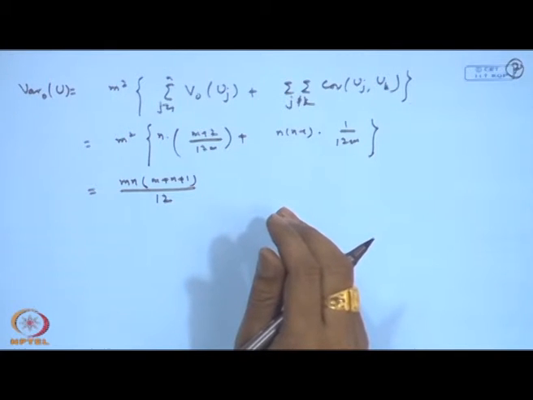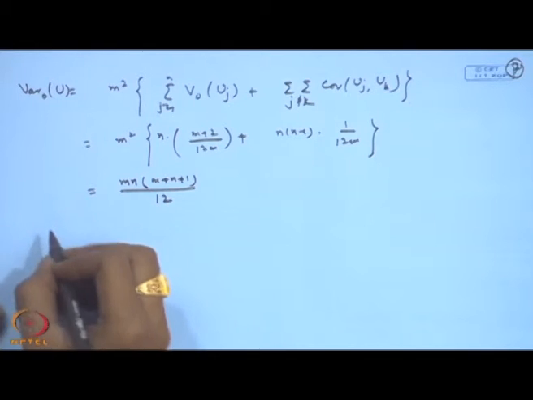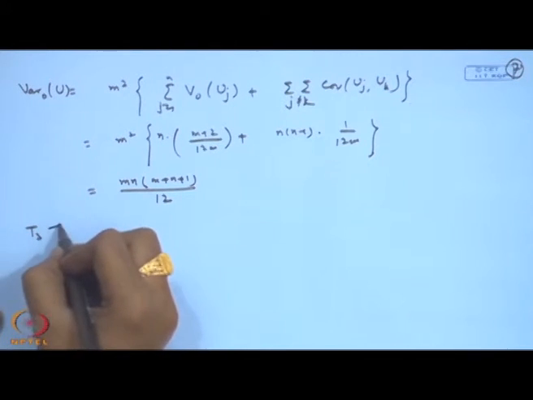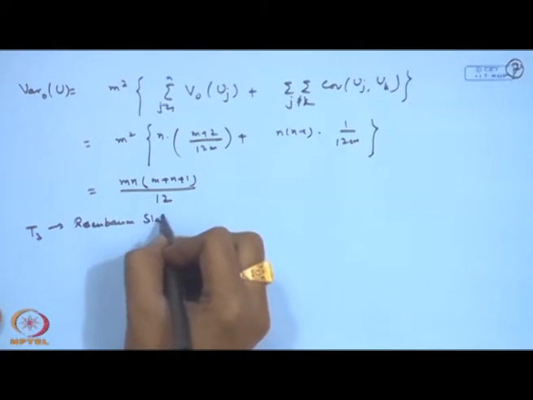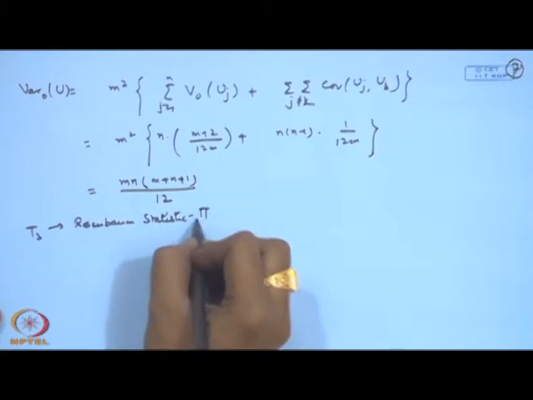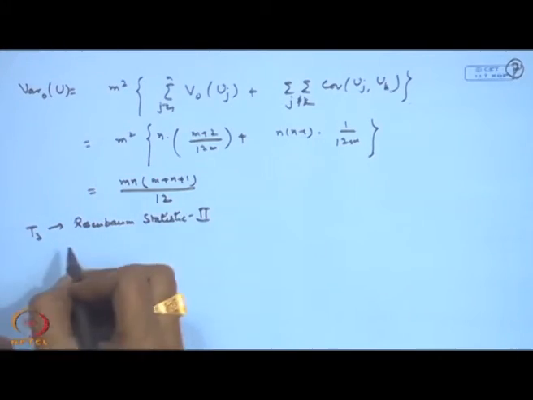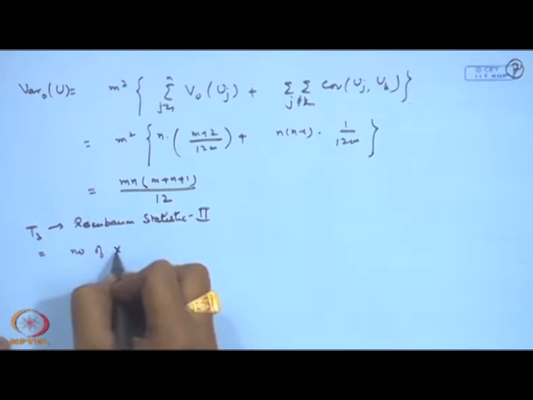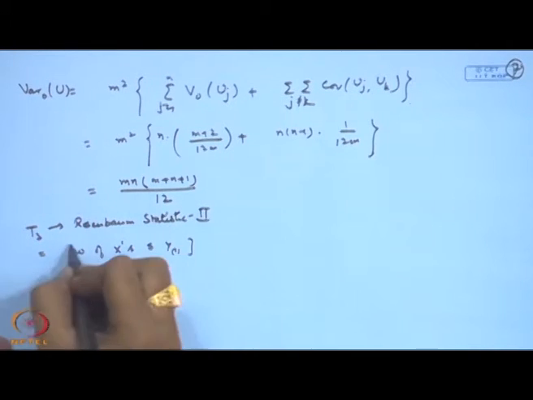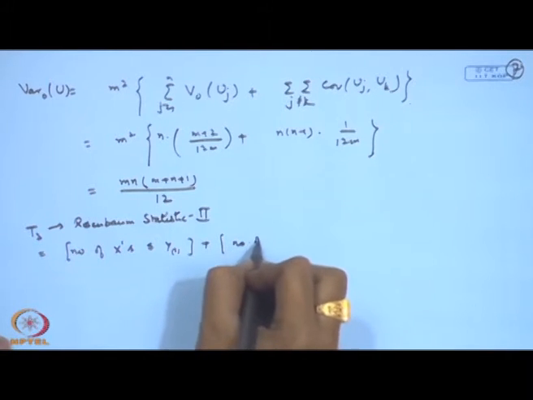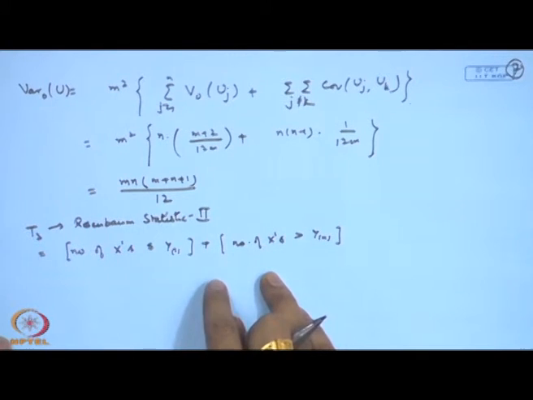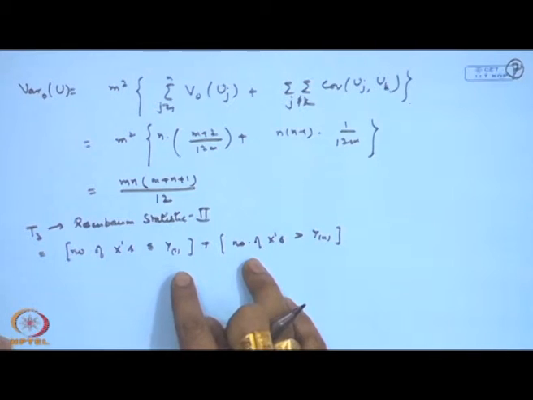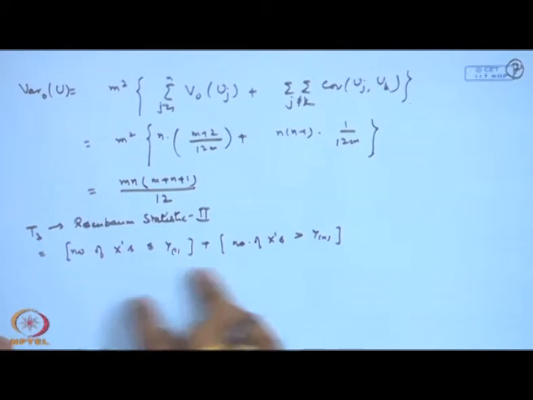In a similar way, we have another one, again by Rosenbaum. I had defined one that was T 2 here. Now, I am defining T 3. This I am defining as the number of x's less than or equal to y 1 plus the number of x's greater than y n. This one, you can see, is more useful for the range. That means, if we are checking the variability or the scale parameter, then this will be more useful.